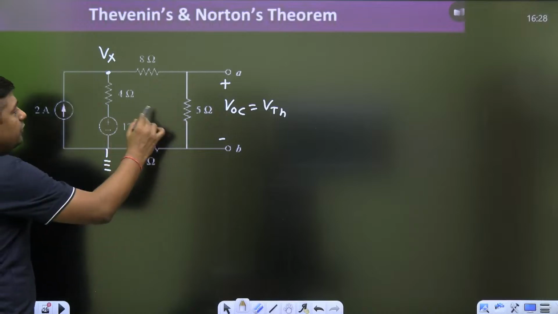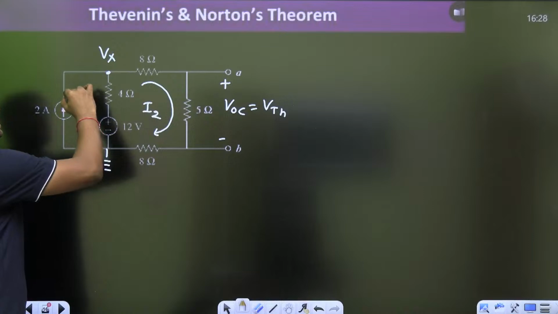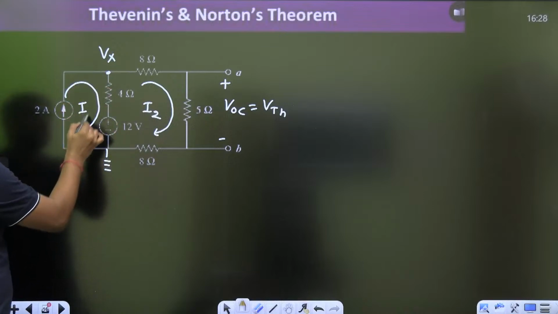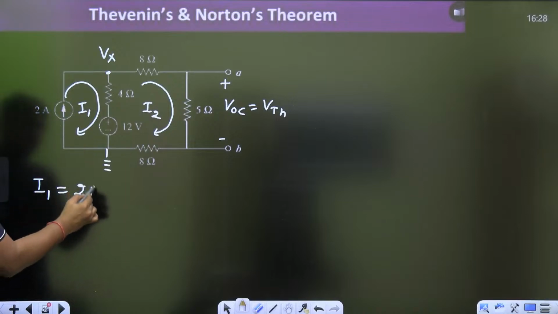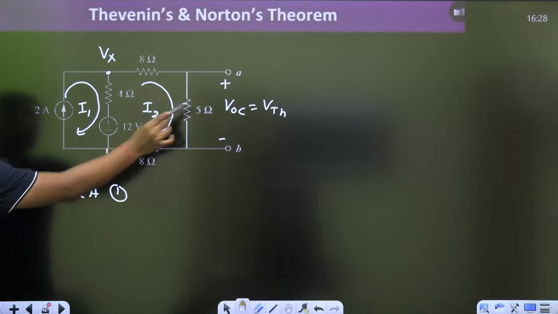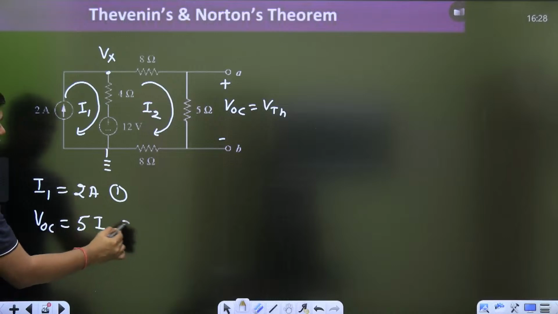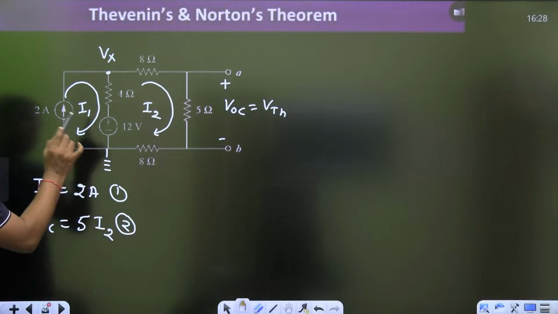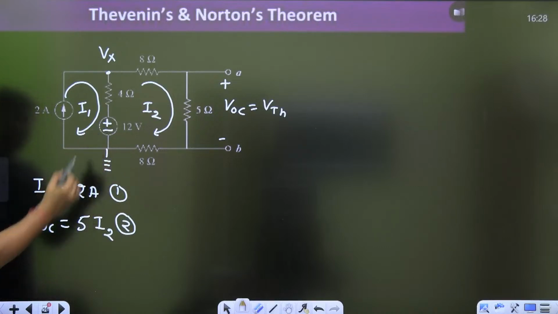Watch this. We want VOC, so let this be I2 and let this be I1. So everyone use this method. So I1 will become 2 ampere. VOC will become 5 times of I2. We have to find the I2 only. Now I am going to write the KVL. So I am going to write the KVL from this point. So this will become minus 12